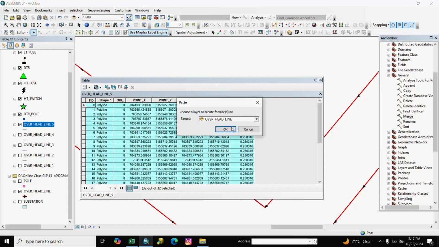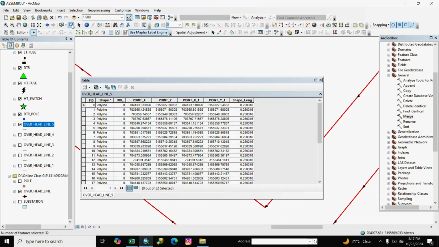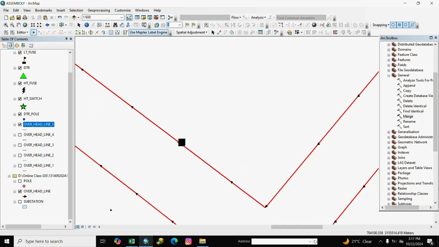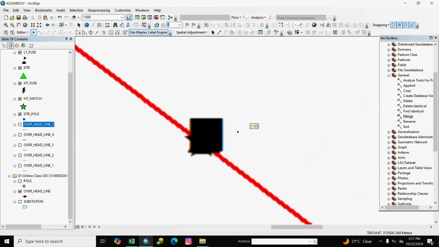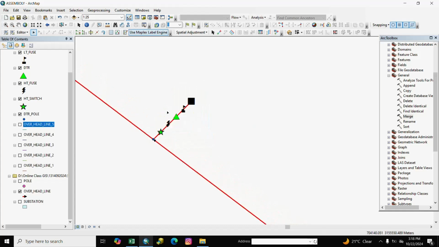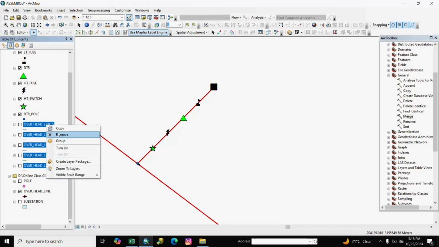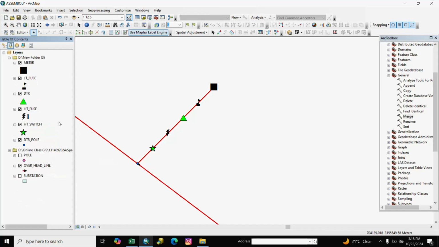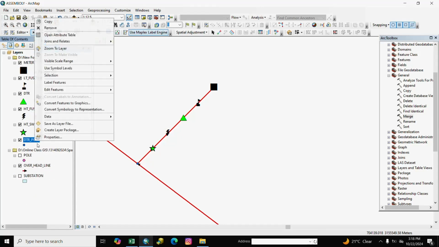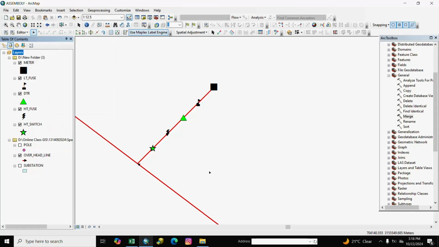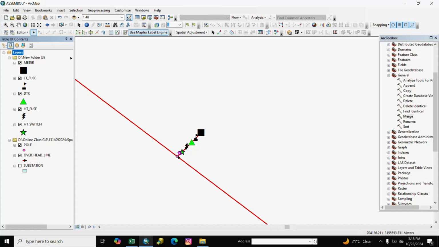Copy and paste. Here line is paste. We remove it. We also remove DTR pole. Here is our pole.